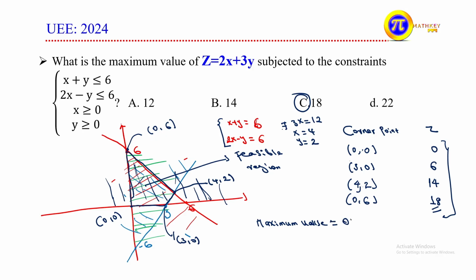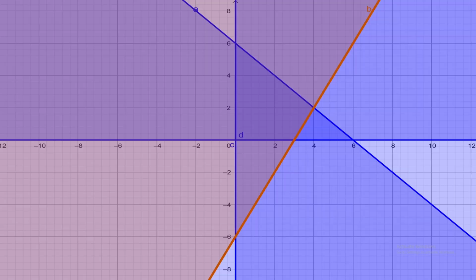Optimal means what? The value which is maximum or minimum value according to the type of linear programming problem. For a maximize problem, we have the maximum value, that's the optimal value here. For a minimize problem, we have the minimum value. So the point which gives the maximum value is the optimal solution. The point 0, 6 is the optimal solution, the solution corresponding to the value which gives maximum value for